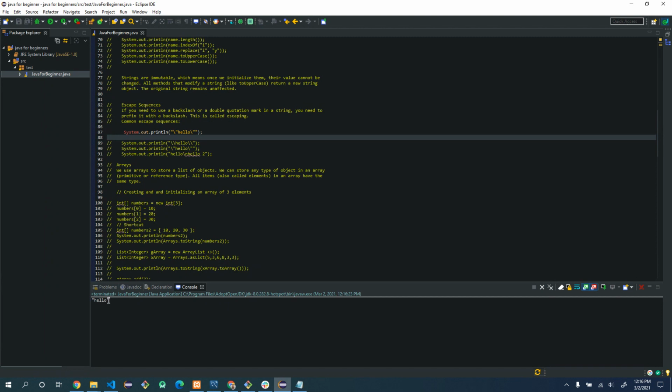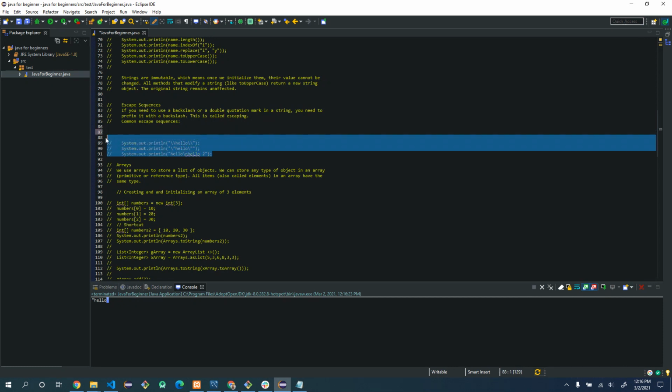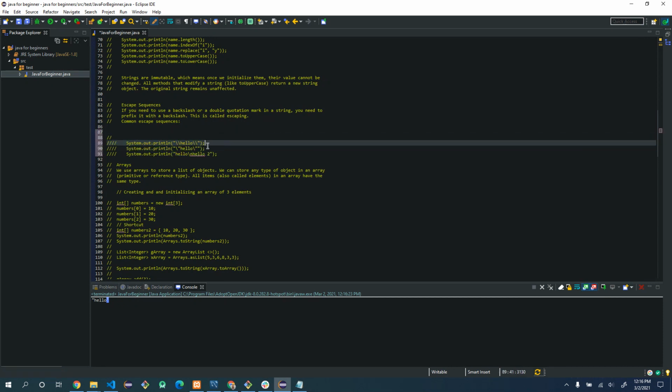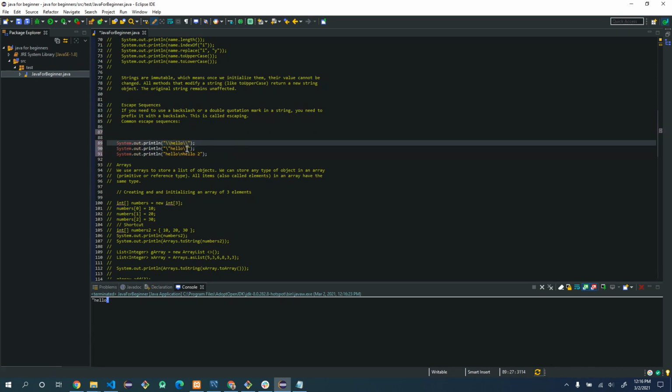You get hello with quotes. So we succeeded in printing the quotes by skipping the quotes. Here, if you want to print a backslash, so if you put